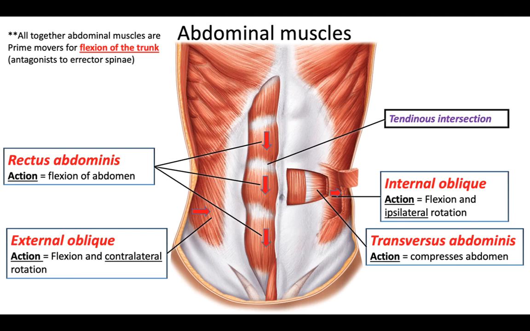All these different layers offer a lot of protection against anything that might try to penetrate through the wall. They're also, again, involved in breathing. These muscles will contract when you vomit. So anytime we want to get something out of the body, sometimes we increase the pressure in the abdomen. So if you're vomiting, or let's say you're defecating, sometimes we'll use abdominal muscles to help force those things out